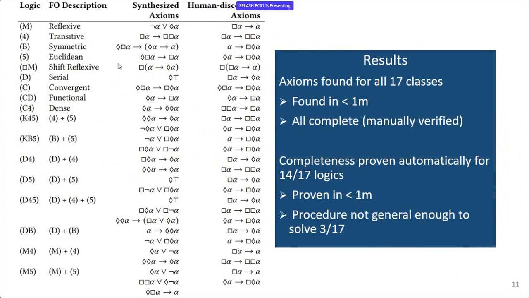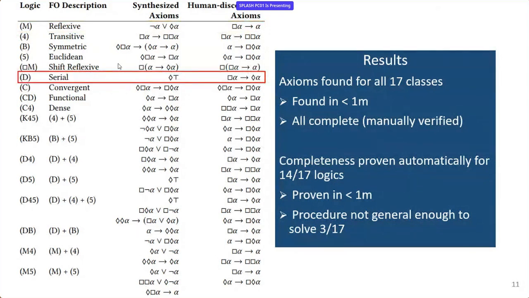Among these, the new completeness checker we developed in this work is automatically able to verify completeness for 14 out of the 17 logics. It is our conjecture that this tool is incredibly fast, less than 1 minute, because we have an ideal type of counterexample for modal logic, namely bounded sized frames. And you can actually see that many axiomatizations discovered by our tool correspond closely with human discovered ones found in the literature, modulo some small rewrites. So for example, for reflexive frames, the human discovered axiom is box alpha implies alpha. Our tool finds not alpha or diamond alpha, which if you convert to an implication, you'll actually see that it's just the contrapositive of the human discovered axiom, because box becomes diamond under negation and diamond becomes box under negation.